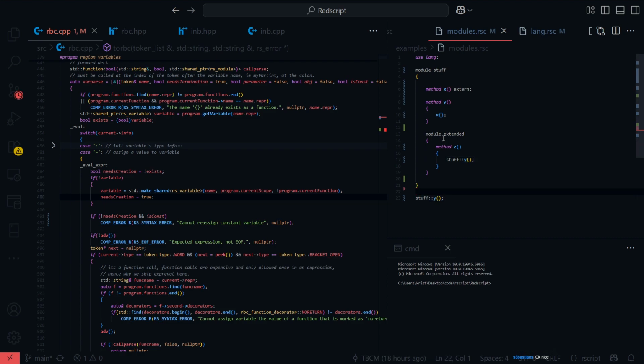You can do as many nested modules as you want. You just have to go down here to call it. You do stuff extended z. And I tested it, all works fine, but what I haven't tested is